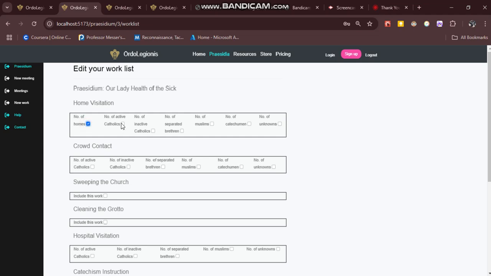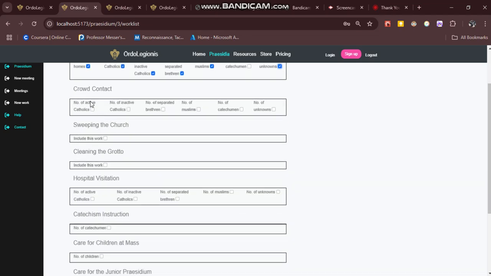So for home visitation, my praesidium carries out home visitation, card contact. So let's select number of homes, number of active Catholics, number of inactive Catholics, separated brethren, Muslims, catechumen perhaps, number of unknowns, yes. Crowd contact, number of Catholics, inactive Catholics, separated brethren, Muslims, catechumen, unknowns.